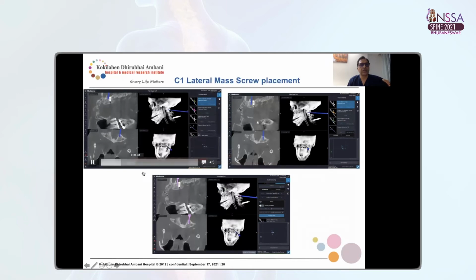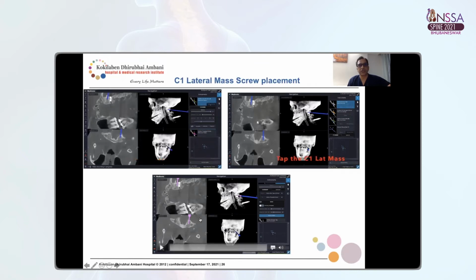In fact, the navigated drills are available. Using the navigated drill itself, you can drill the lateral mass of C1, and you can tap the lateral mass of C1 and then put the screws in C1 as well.